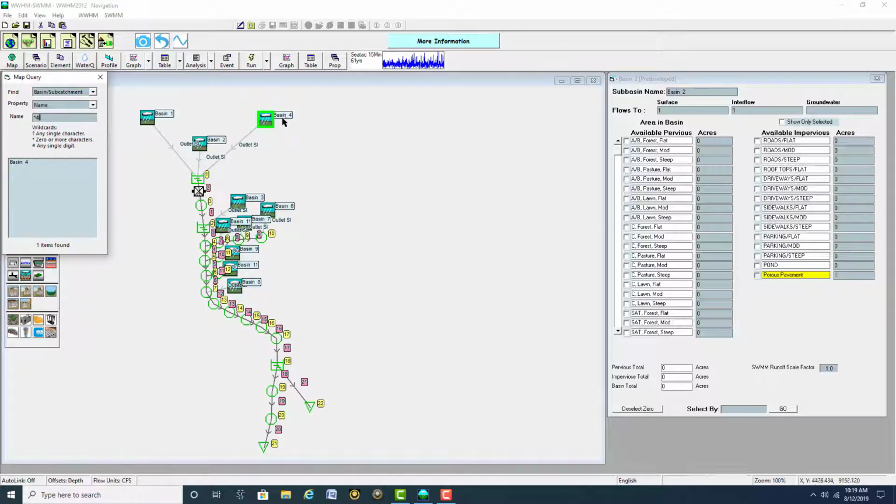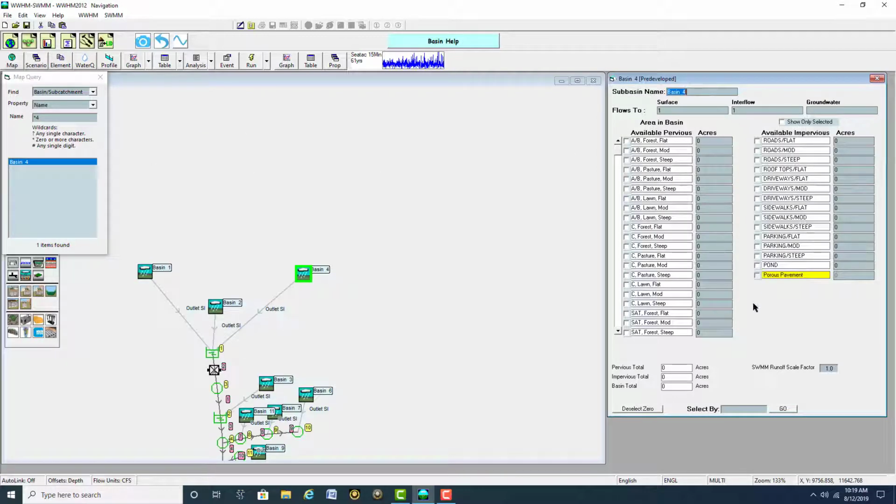So let's say you named basin 4 basin alpha or something. You could put 4A and it should find it. I didn't name it alpha, so it's not going to work. But star 4, basin 4 pops up. You can select it and it'll select the features of that basin. So this is really handy for large models with lots and lots of elements in it, so you can quickly navigate the software. So that's how you navigate in the